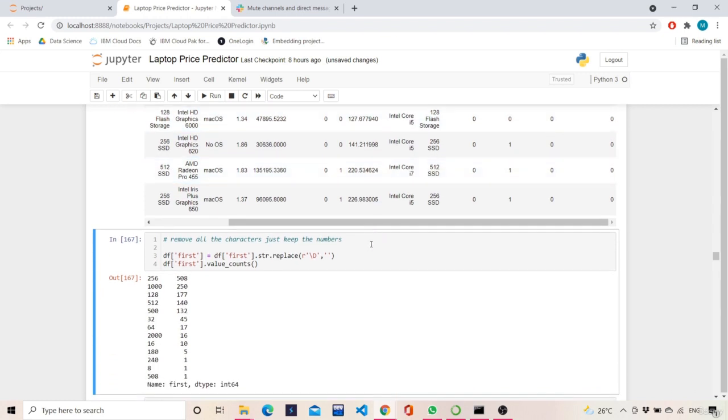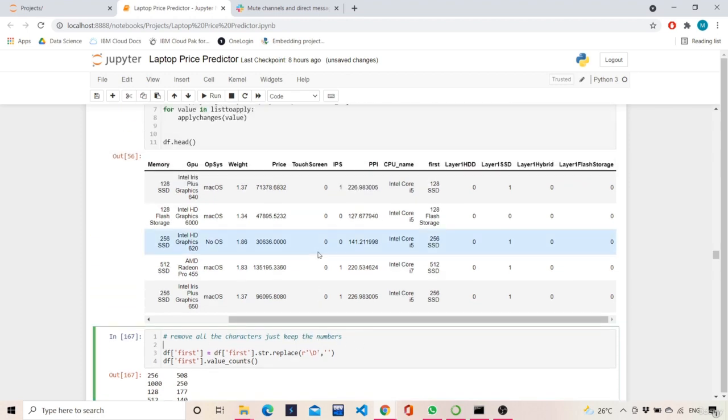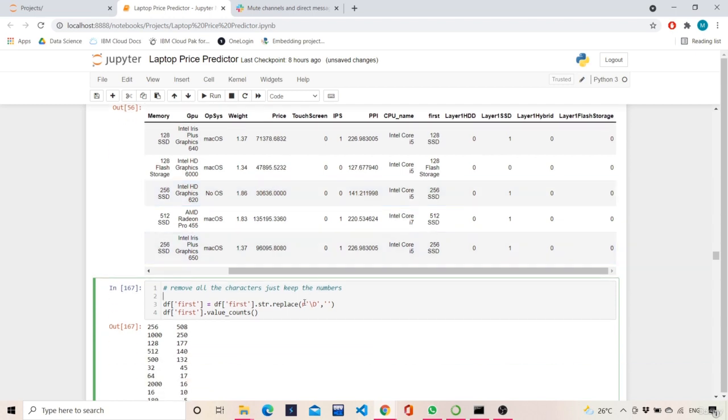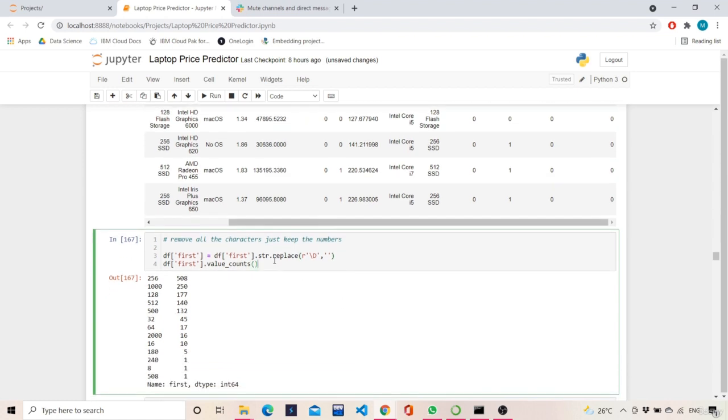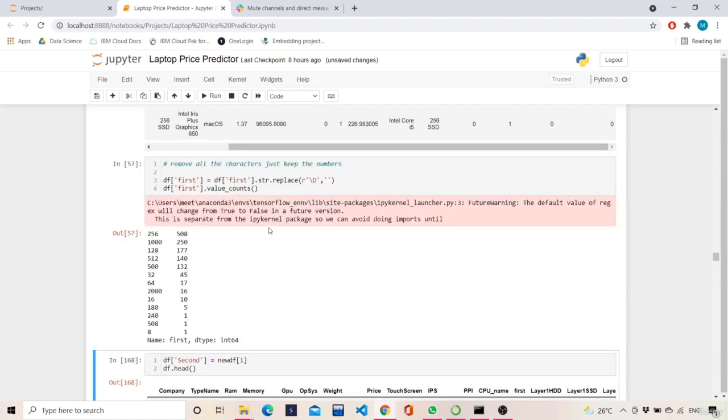Okay, so let's remove all the characters and just keep the numbers. So now we are interested in only numbers, right? So we will remove all the characters. For removing all the characters, this is the command in regex, \D, means only keep the numbers. Wherever you are having characters, just replace them with a space. It means the same thing. So if we do this,